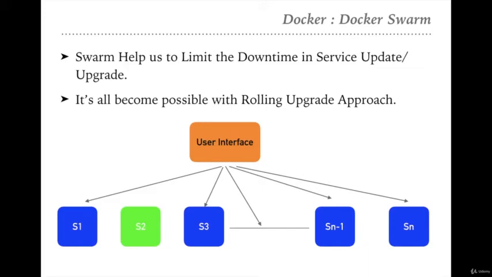And the DevOps job is to upgrade the service with zero downtime. So when we are saying we are upgrading the service with zero downtime, we can say that up to n number of servers are running in any service, right? So we can say we have server 1, server 2, server 3, server n minus 1, and server n, right? When we are saying the rolling upgrade, you can see some servers are in the blue state and a single server is in the green state.